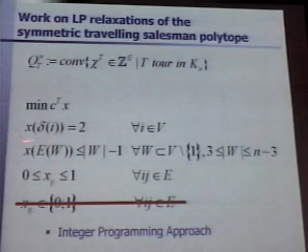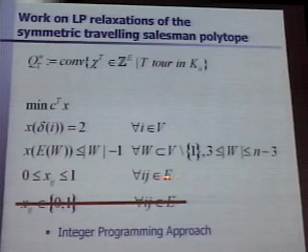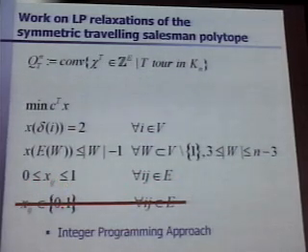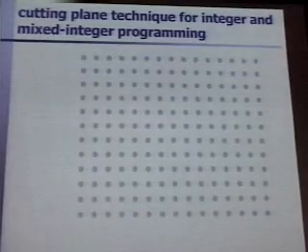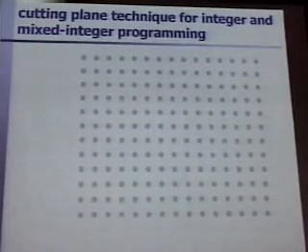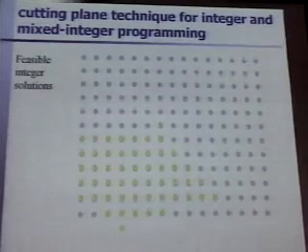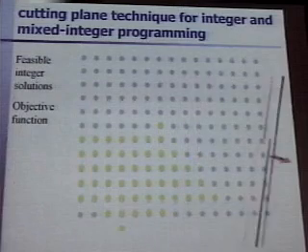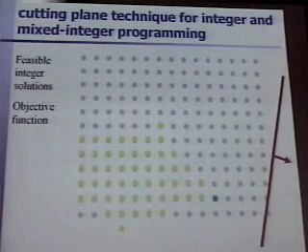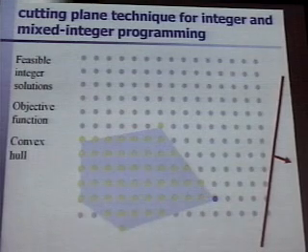You do the equations, the inequalities, throw out the integrality, do the linear program, replace this by upper and lower bounds, and keep on adding cutting planes. And the cutting planes are done like this. Now here, I cannot produce a picture of the TSP polytope. Here are the feasible solutions. These are the integer points, the yellow guys here. Here's the objective function. That's your optimal solution. You don't know how to find it. So what you want to do, you take the convex hull of the yellow points.